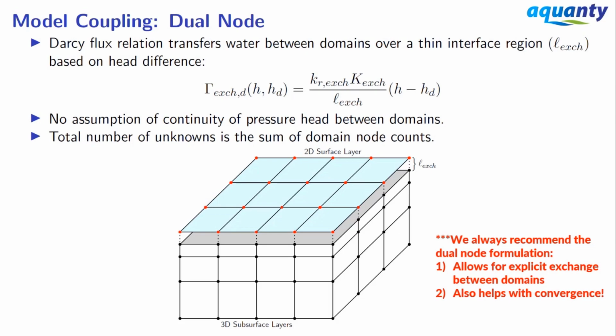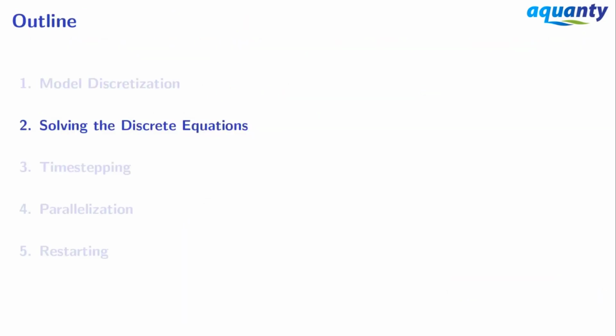Note that the total number of unknowns for the dual node count is larger than in the common node approach. So you're solving a larger system, which requires more work in the solution phase, which obviously affects model run times. Okay, so now we're going to move on to how we solve the discrete equations